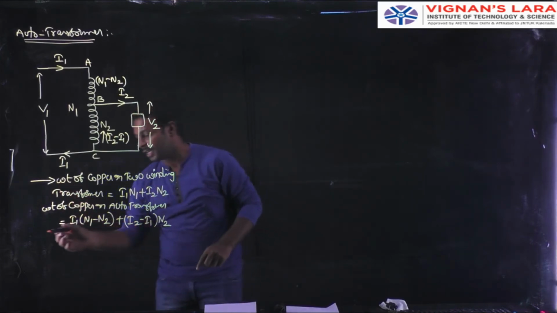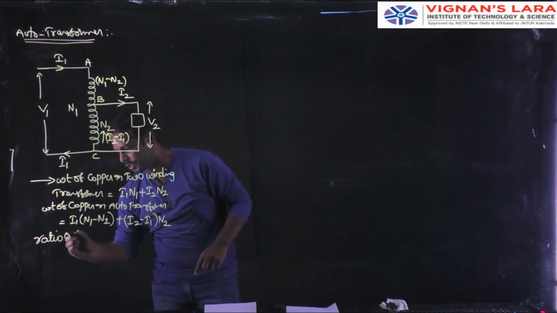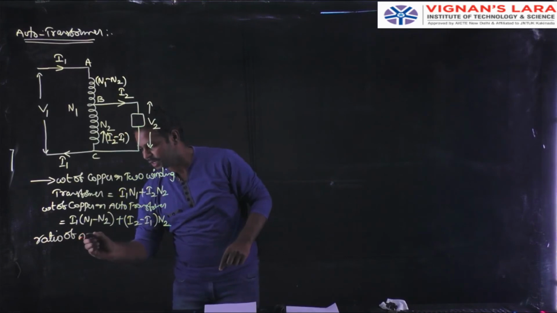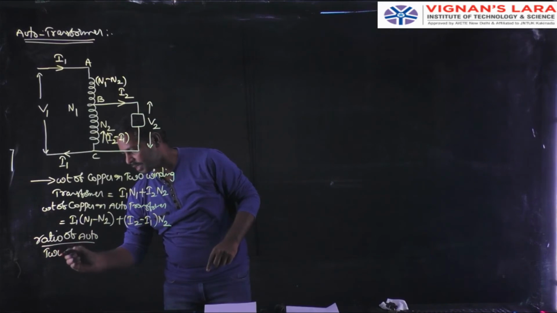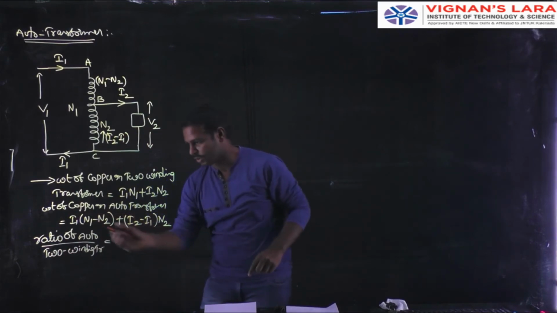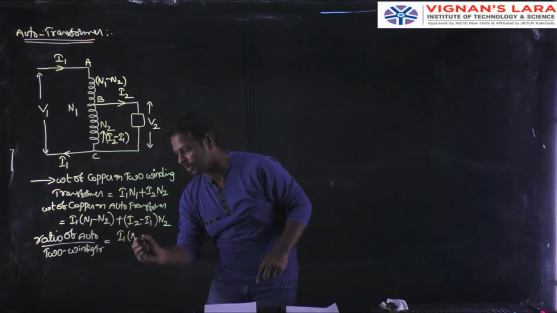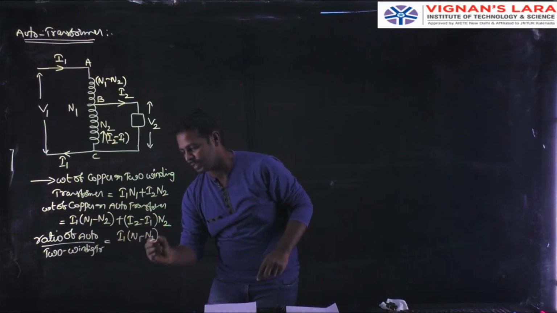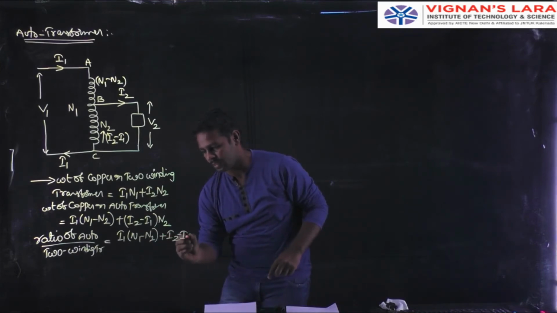So that means the ratio of auto transformer divided by two winding transformer is equal to, so taking the denominators of these two equations, I1 into (N1 minus N2) plus (I2 minus I1) into N2